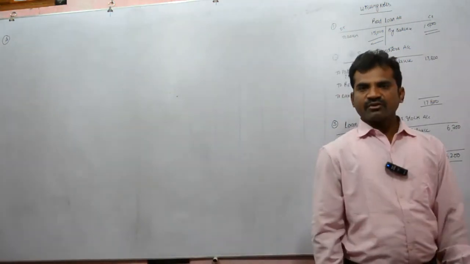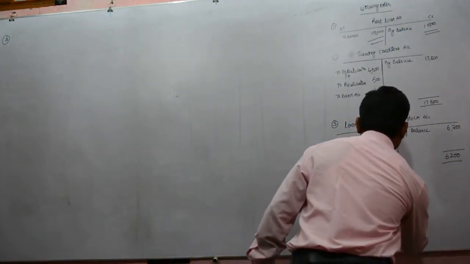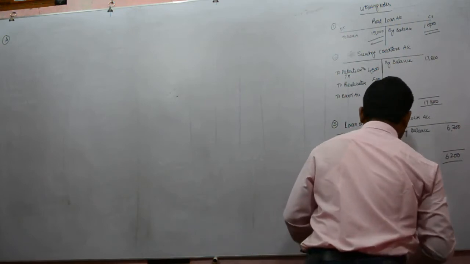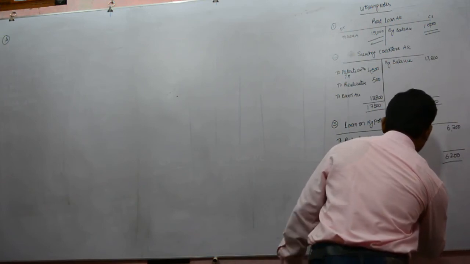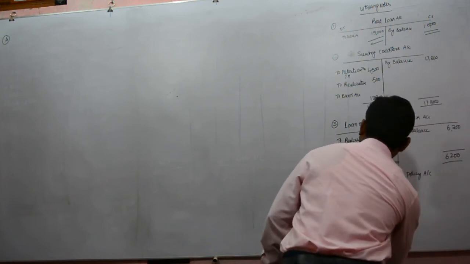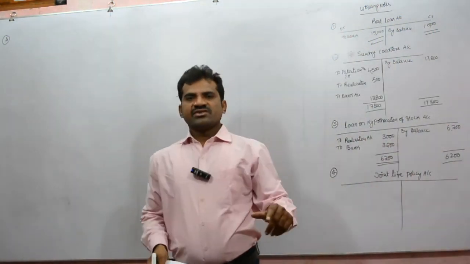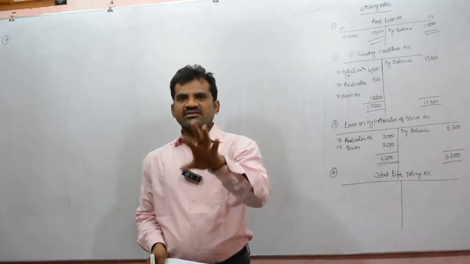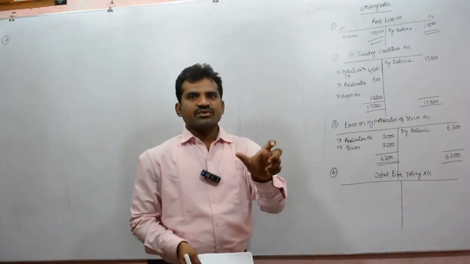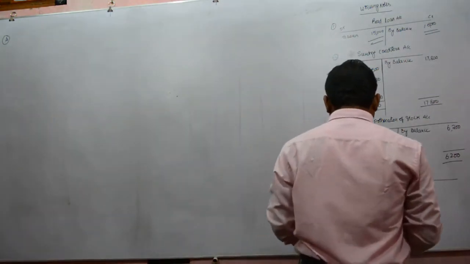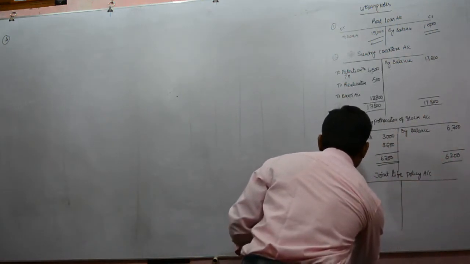Here also we have to make a joint life policy account. See, there is joint life policy in asset side, joint life policy reserve account in credit side. We can set up those. So by balance, to asset is to balance